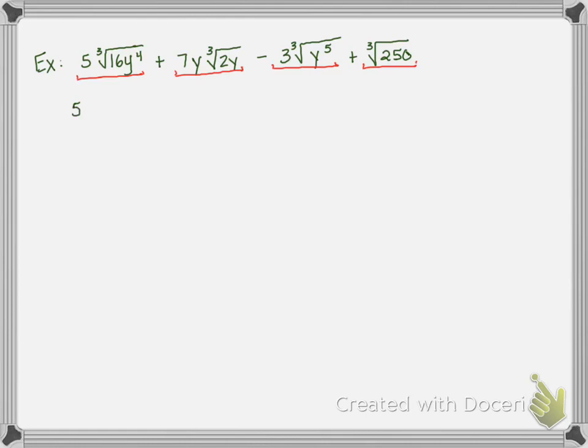We have 5 times the cube root of 2 to the 3rd times 2, because 16 is 2 to the 4th, and then y to the 3rd times y, plus 7y times the cube root of 2y, which can't be simplified because 2 can't be factored,